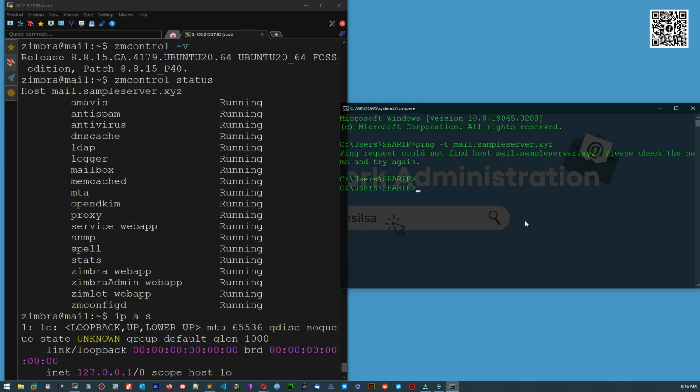Many of my fellow system admins ask me that, okay, I am managing a company's email service. They have their server. Now I need to publish a particular DNS record. Where should I publish? How can I find where I should publish the DNS record? So the relation is, I purchased this domain sampleserver.xyz from Namecheap,